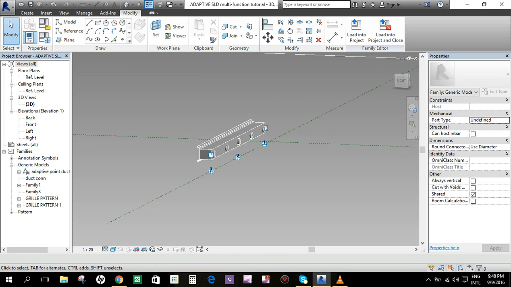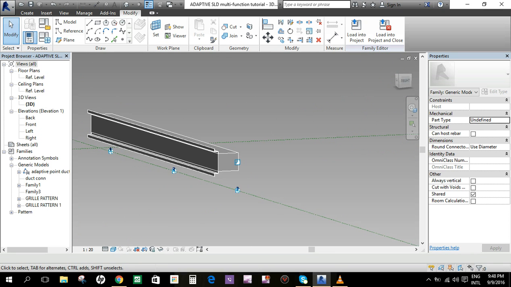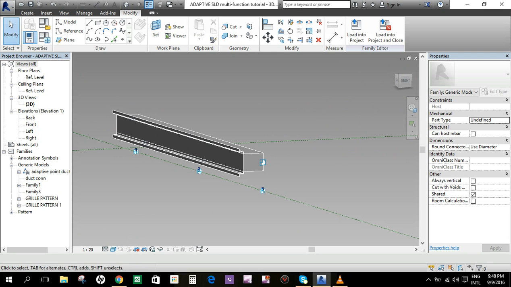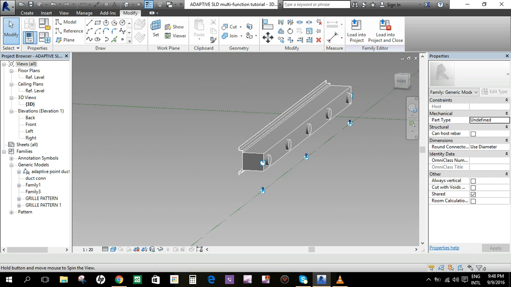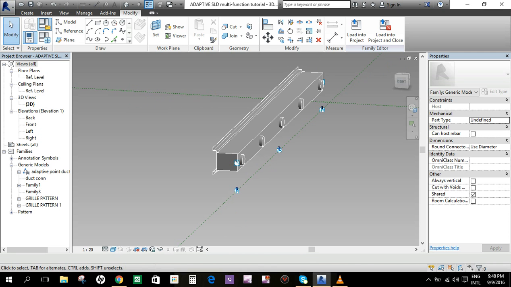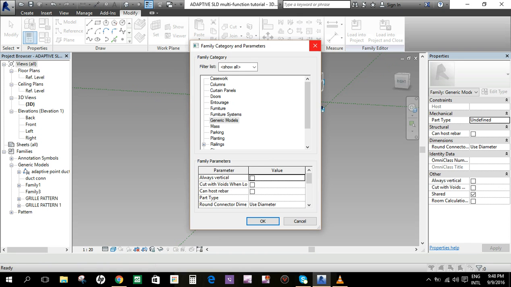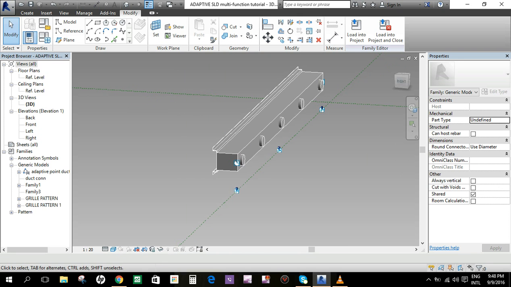Okay. Anyway, so we will deconstruct now the slot linear diffuser with multi-function. So this family is a generic adaptive family.